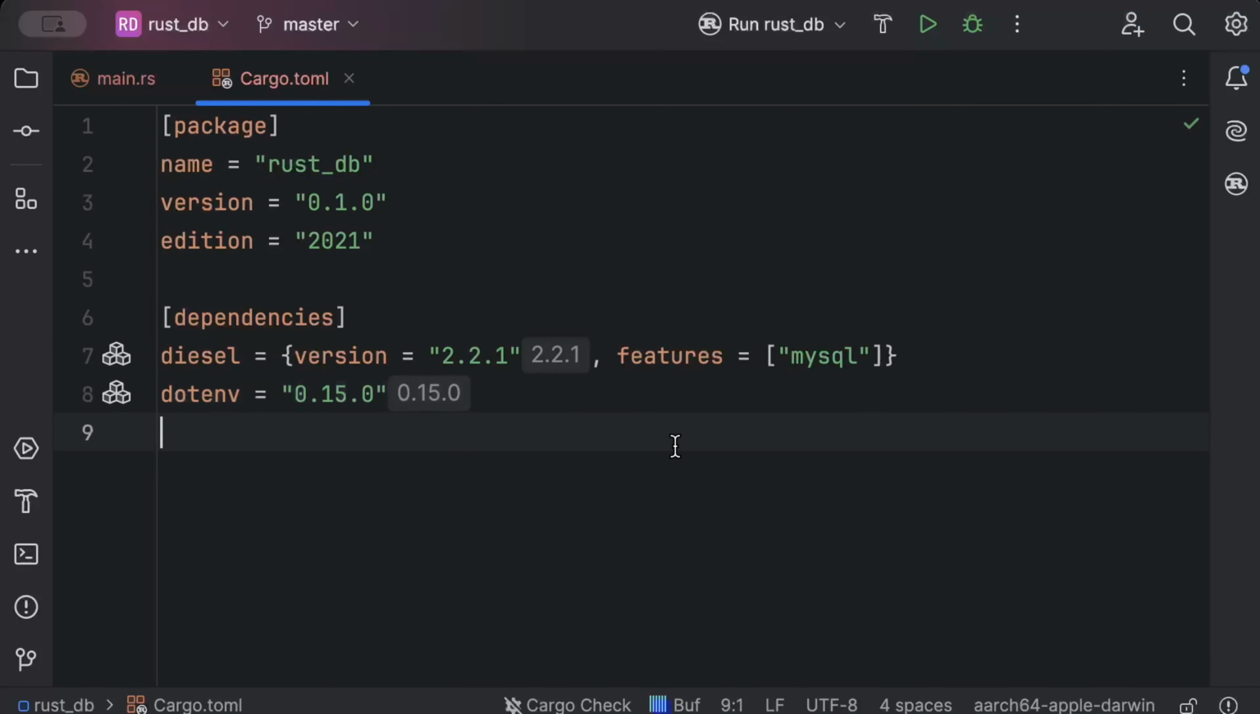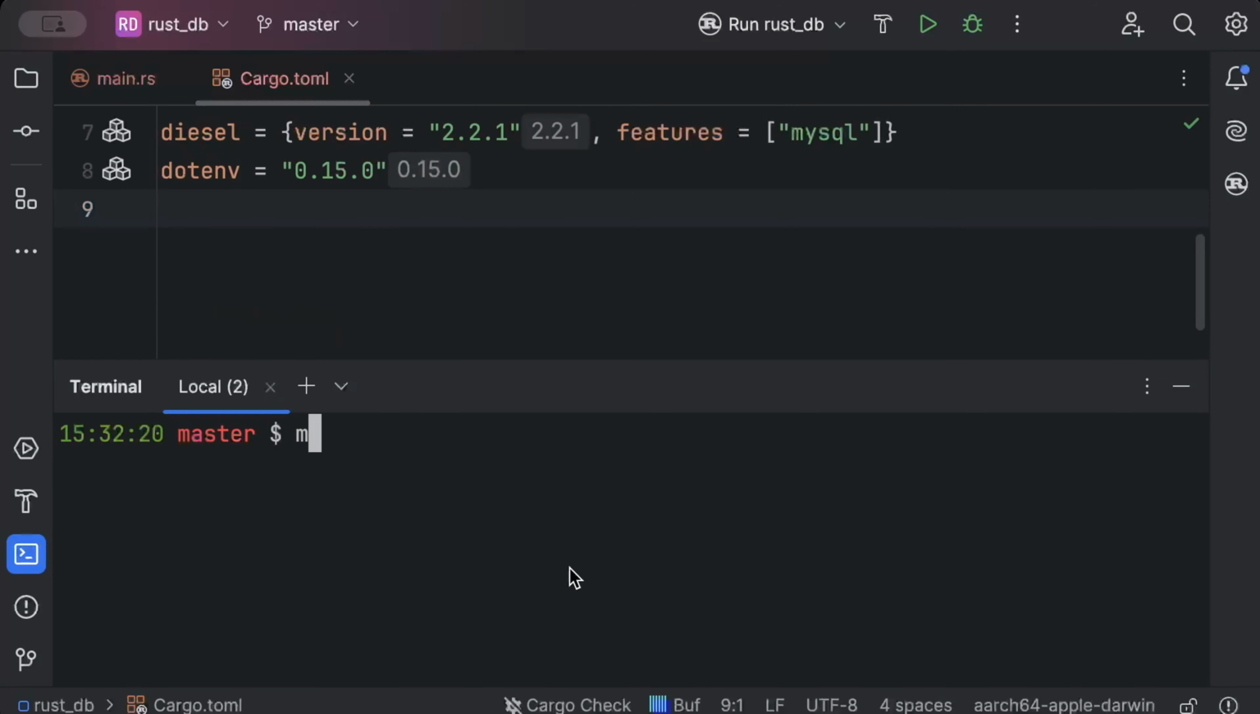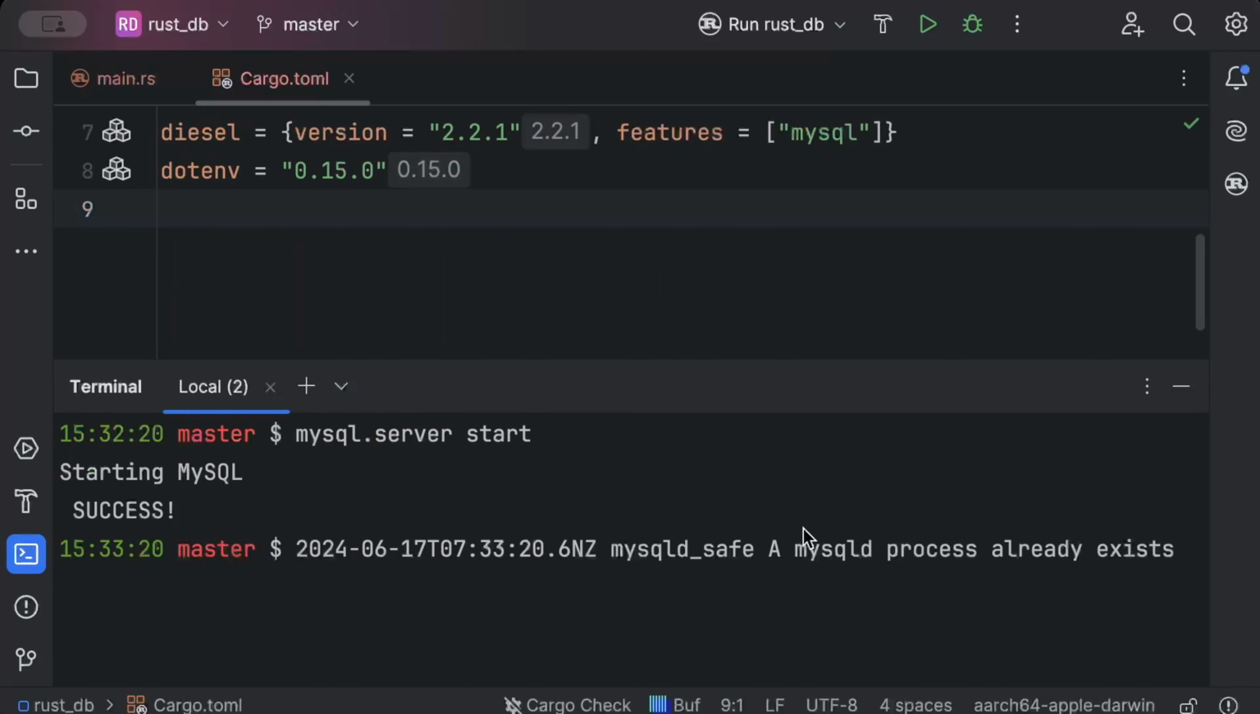Now ensure your MySQL instance is up and running. If you already have MySQL on your machine, fine, or you can spin up a Docker container. I'll be using the instance on my machine. So to make sure it's up and running, we'll just do mysql.server start, and there you go, it's up and